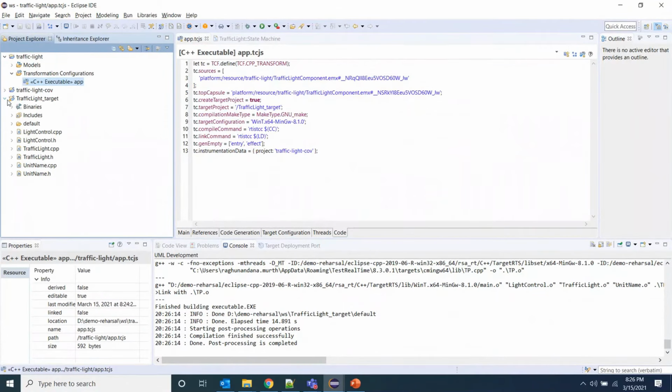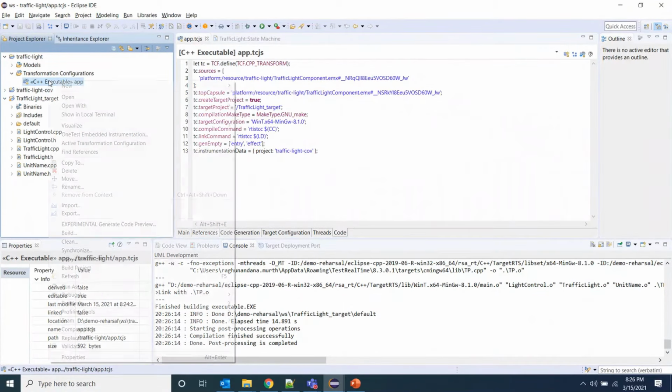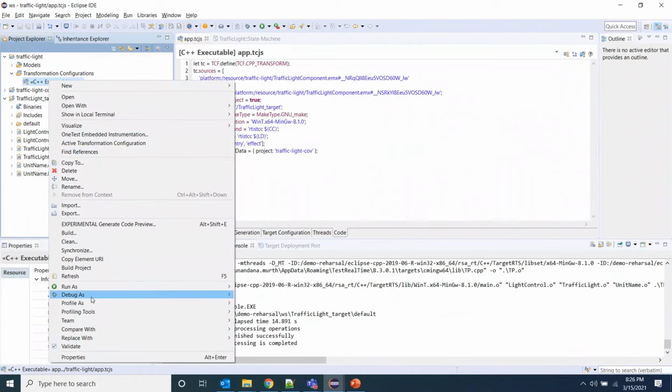Okay, my target application is built. Now I'll debug this application.